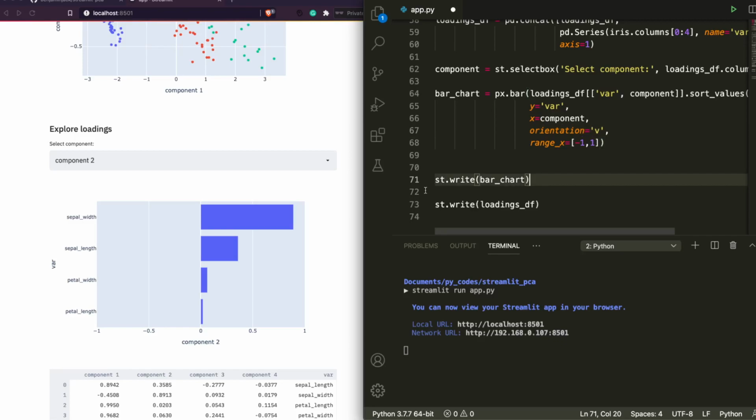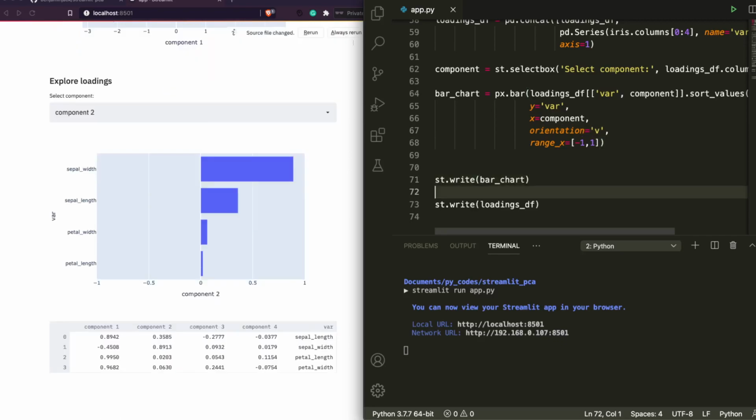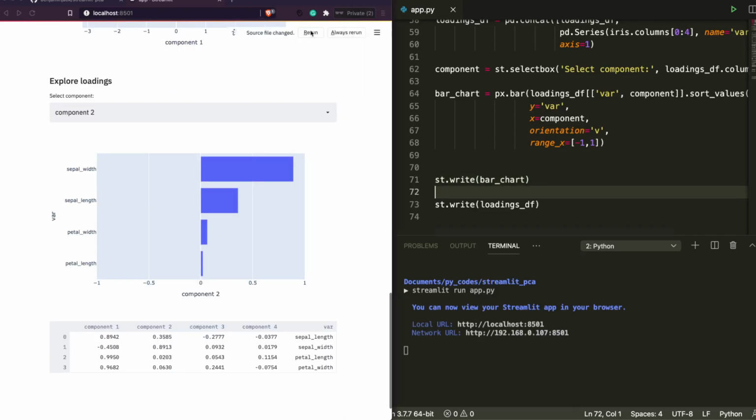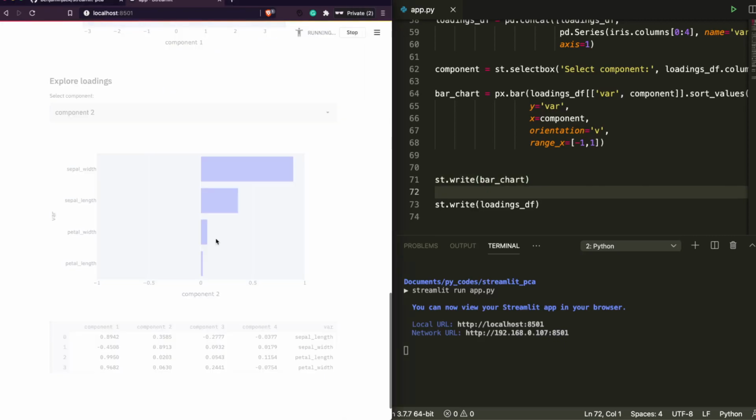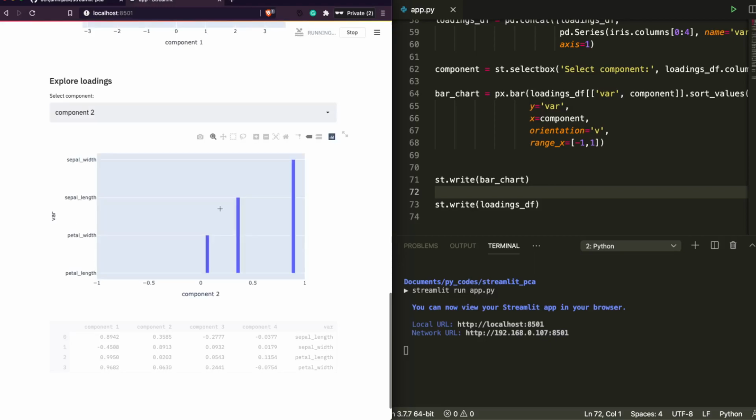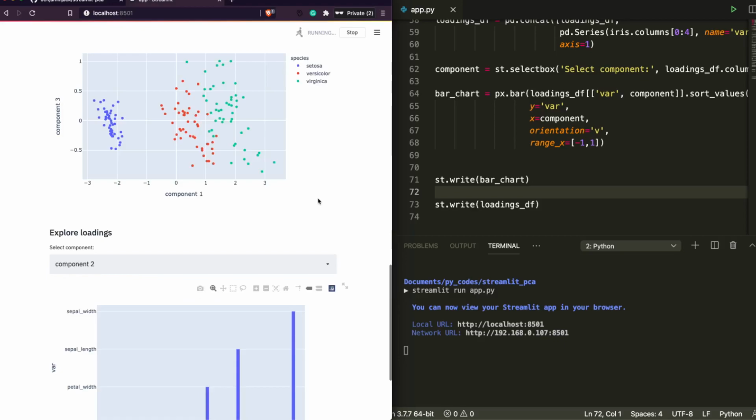Let me quickly save it, and it is going to ask us to rerun it. Once we rerun it, we should see the change in orientation of the bars. That's the only change I think we have made. So you can see the change in orientation of the bars. It doesn't look that interesting, but just for educational purposes I'm showing it to you, so you can see the difference. It's still running, but that is the main idea of this.